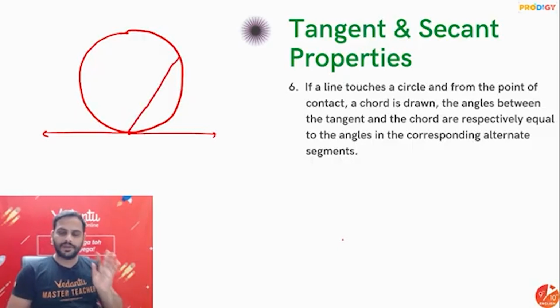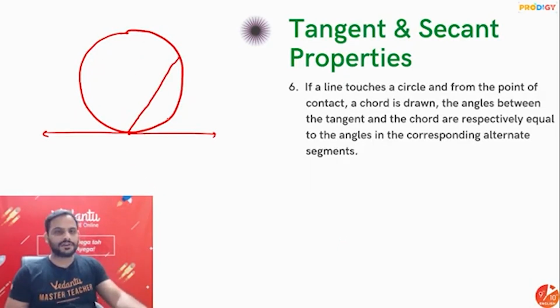Now, beta, this chord has divided this circle into different segments. One is the small segment, the minor segment, and the other is the major segment. This smaller one is one segment, the other is the other segment. Now, the angle between the chord and the tangent, this angle,